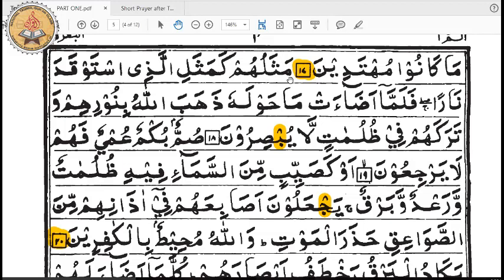A'udhu billahi minash shaitanir rajim. Bismillahir rahmanir rahim. Masaluhum ka masalil